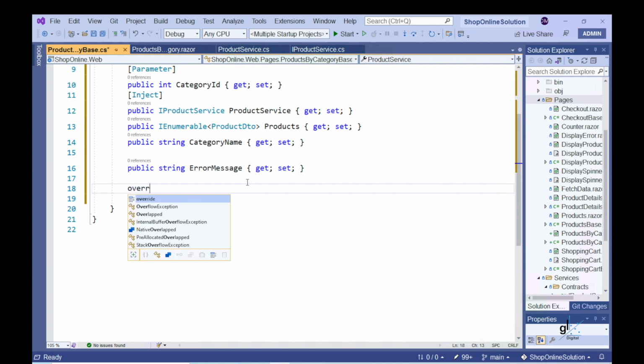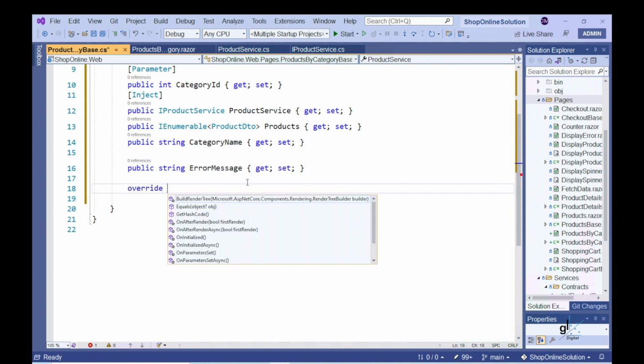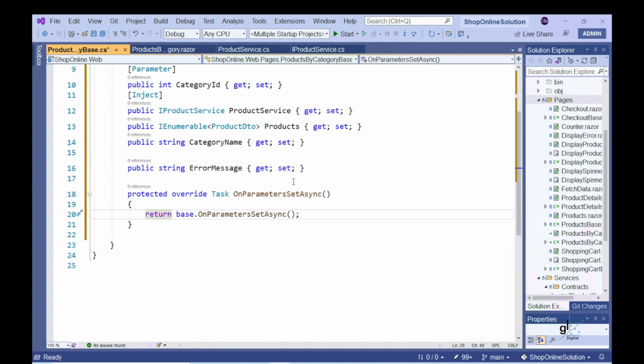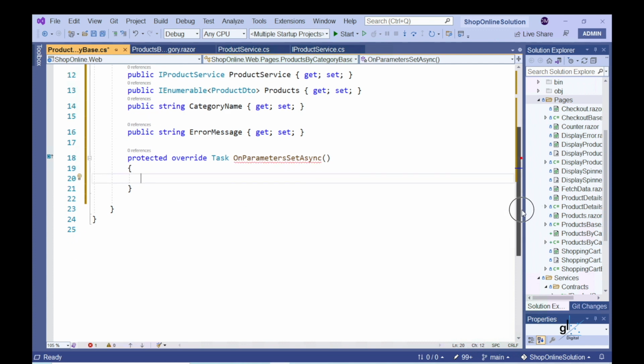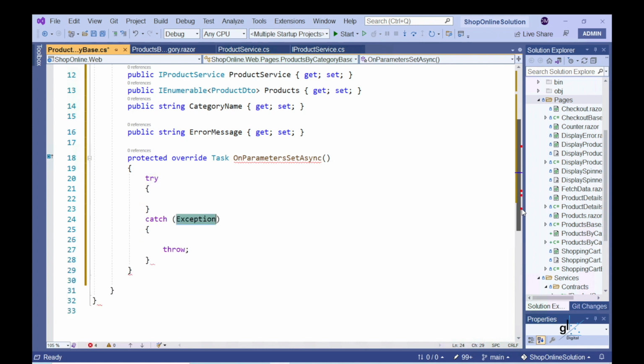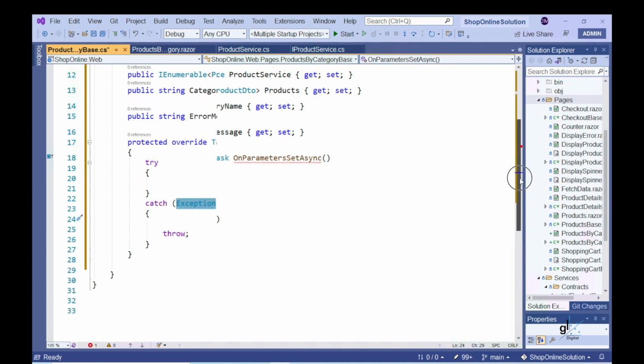So, we want our collection of products to be retrieved for a particular category only when the category ID parameter is set. So we can do this by implementing our code within a method that is called by Blazor in response to a lifecycle event occurring when our parameter value is set. So to achieve this, we are overriding a built-in Blazor method named